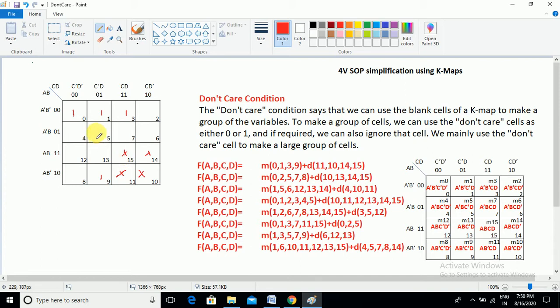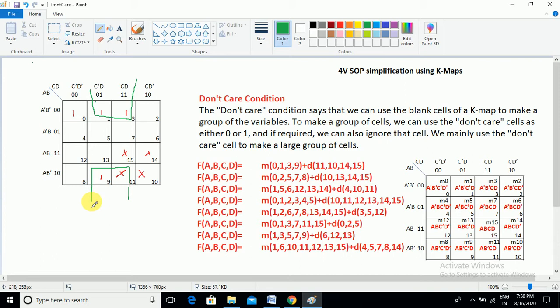Now here I want to go to the 1, 3 cell. Obviously, for this problem you want to create this kind of mapping. But if you fold the map like a paper horizontally, then 1 will touch 9, so that we can create the 4 cell grouping considering 11 as a don't care cell. Here I am utilizing one don't care cell, so 11 is converted into 1. The 11 don't care cell is utilized as a min term.